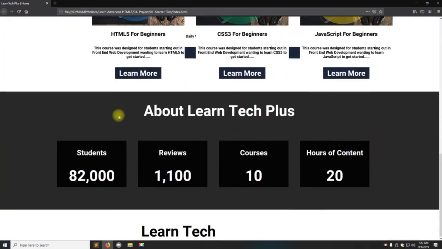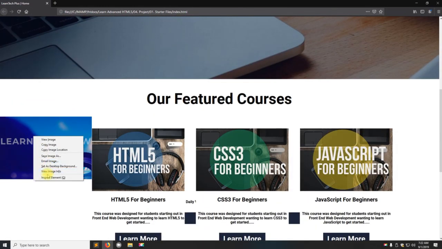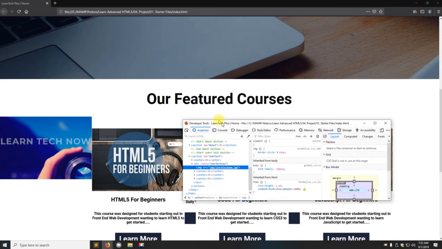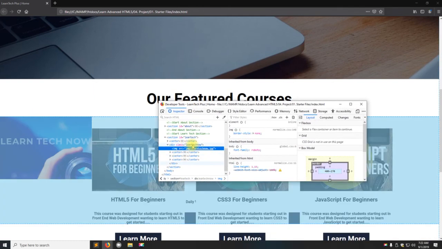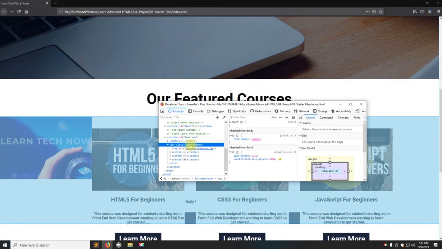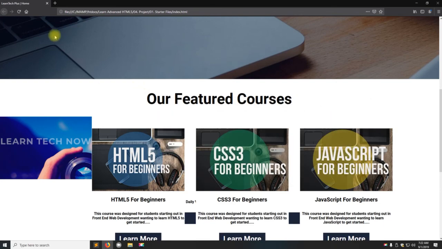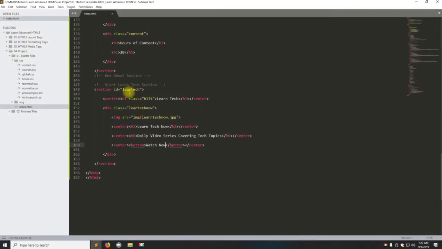So if you go to the bottom right here and you right click on this and inspect, and I bring over the inspector, I noticed something. I didn't spell LearnTech correctly. I typed in L-E-A-R Tech Now. So that's why this didn't work. So let's close this out. We're going to go right here and we're going to add the N in there. Now when we right click and open in the browser,